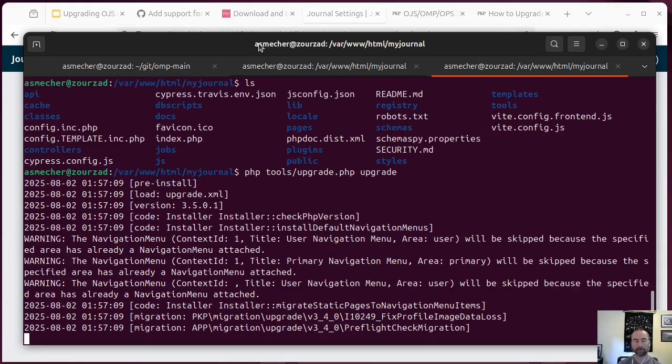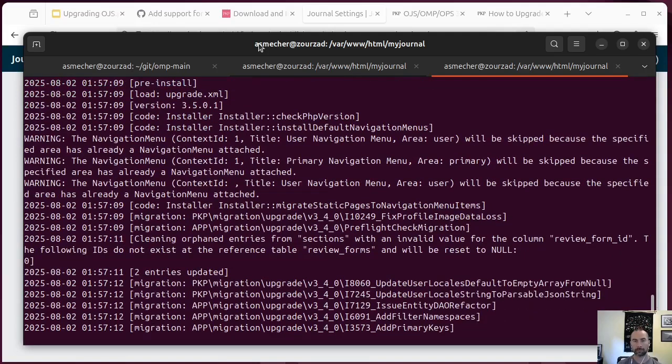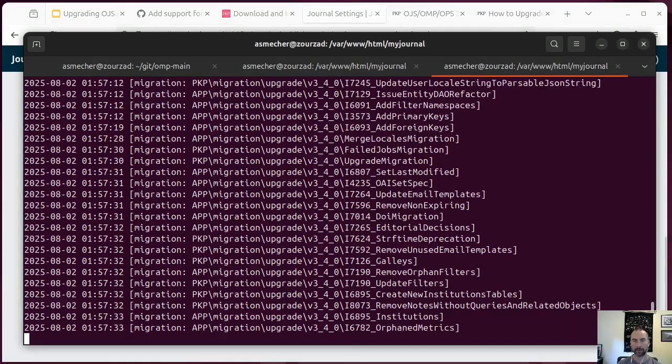Run the upgrade. And this time it's going to work. So that was just a small trick because we had the old directory lying around and because we already restored the other two components of the installation, that is our files directory and our database from backup. So those were all still 3.3.0 versions along with this 3.3.0 code. So we were able to use all of that to make the correction and then rerun the upgrade with the